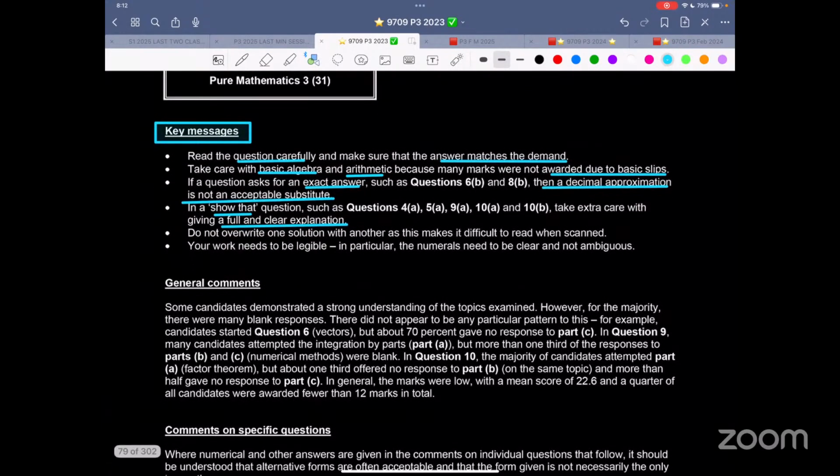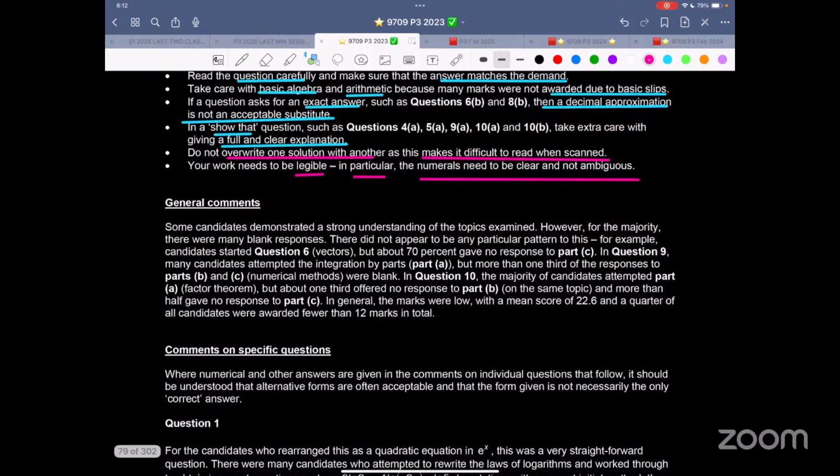Do not overwrite one solution with another, as this makes it difficult to read when scanned. So people working in pencil and then overwriting with pen, highly unacceptable. Your work needs to be legible. In particular, the numerical needs to be clear and not ambiguous. So these are some of the key messages. And then let's read over here. Some candidates demonstrated a strong understanding of the topic. However, for the majority,